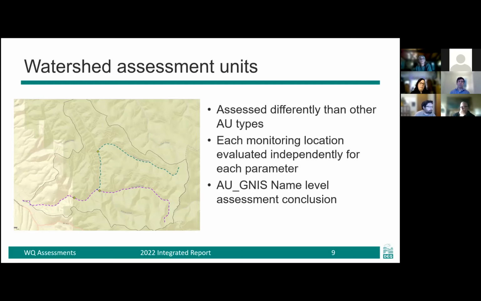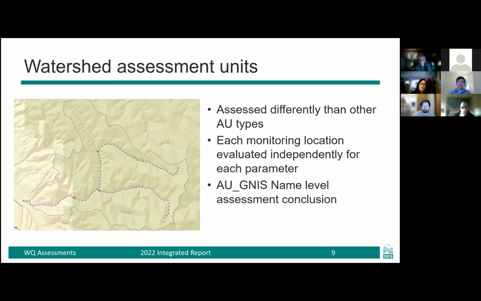For our watershed assessment units, we are now starting at the monitoring location level and coming up with an assessment parameter conclusion for each station. We then will roll up that conclusion for each individual monitoring station to an individual stream within the assessment unit.